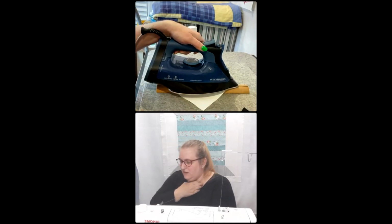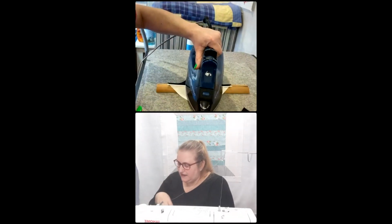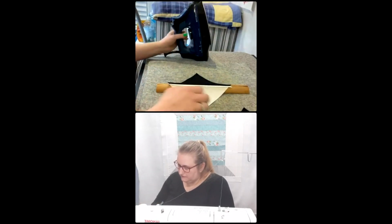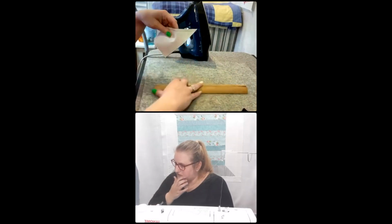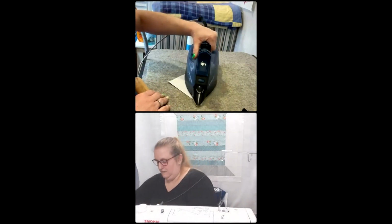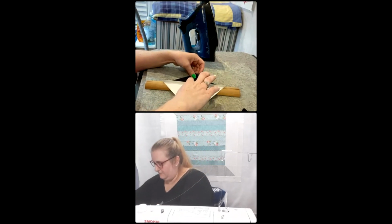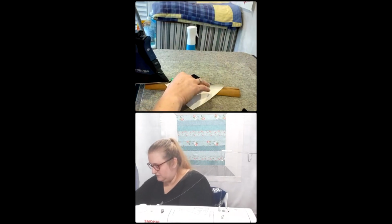Oh, you cut the half square triangles, or the squares, I'm sorry, Dorlin, at 6 inches, and then you go down the center of your square and do a 1/4 inch on either side, so you can get 2 half square triangles out of the 2 6-inch pieces. And then they'll be a little bit bigger, and you trim them down to 5 inches. I like the trim down method because then they come out nice and